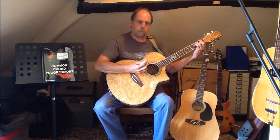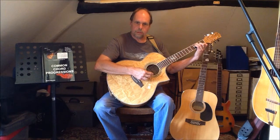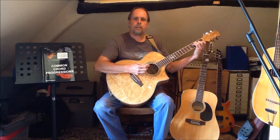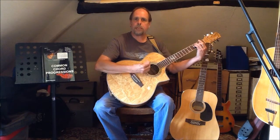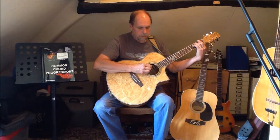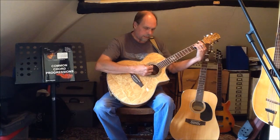If you're really struggling with the bar chord, you can play the F chord on just the middle 4 strings, like that, making sure that the outer strings are not sounding in the chord. However, my advice would be to persevere and try to master the bar chords as early as you possibly can, because they are such a useful tool to have in your repertoire. So once again we play the individual notes to make sure we're hearing them all cleanly and clearly,